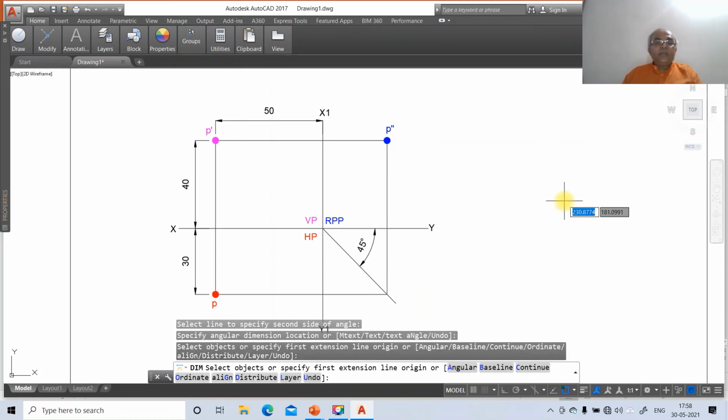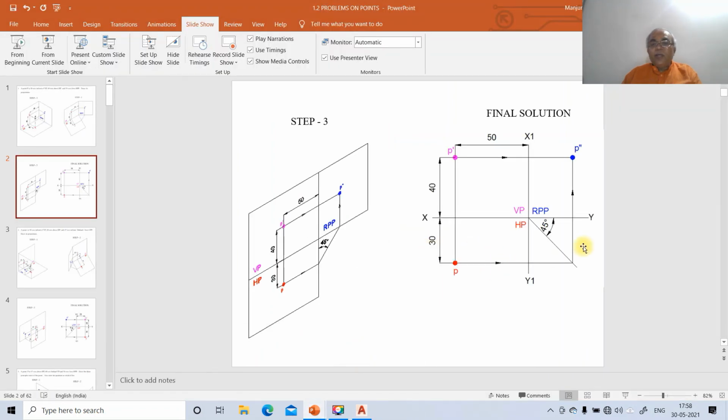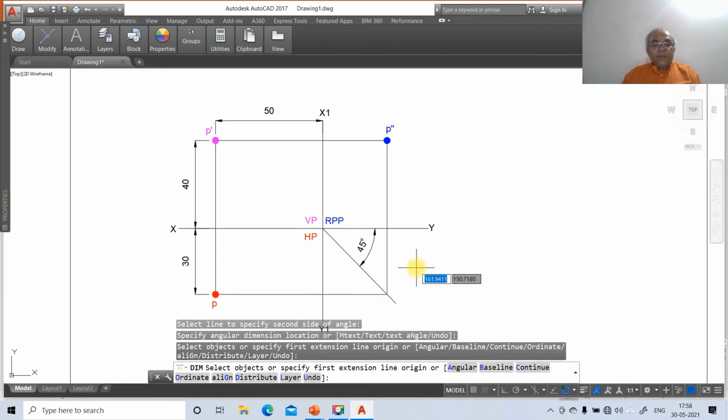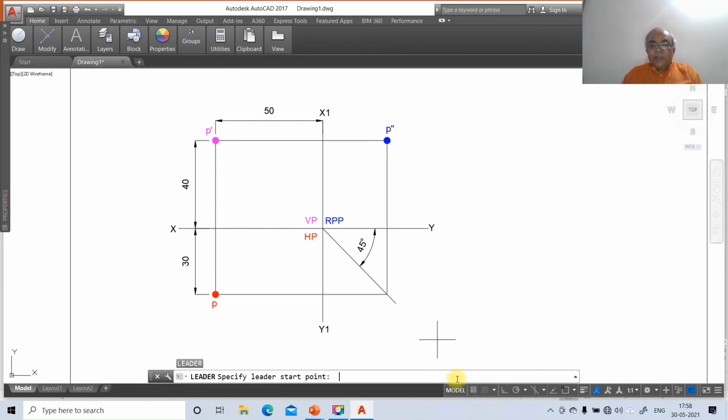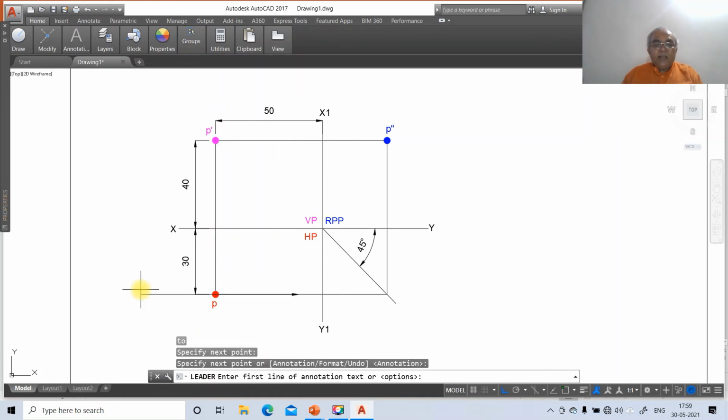Once you get this, now we need to give the directions of projections which have been shown here, and these arrowheads. To do that, first I will go to leader. So you come down to leader, LEA, then click on the ortho mode, go to nearest point, select this nearest and click the first button of the mouse and drag this and click it here, annotation, enter, then options, enter, then none.